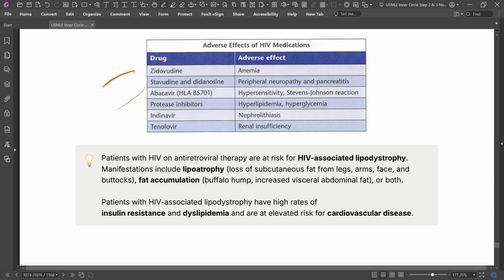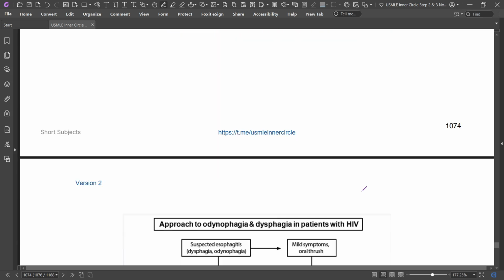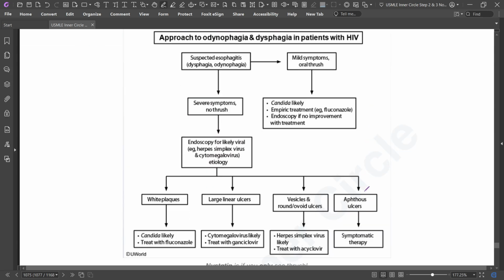Patients with HIV on antiretroviral therapy are at increased risk of HIV-associated lipodystrophy. Manifestations are lipodystrophy, fat accumulation, insulin resistance, dyslipidemia, cardiovascular disease. And now